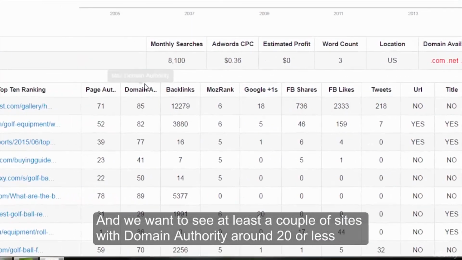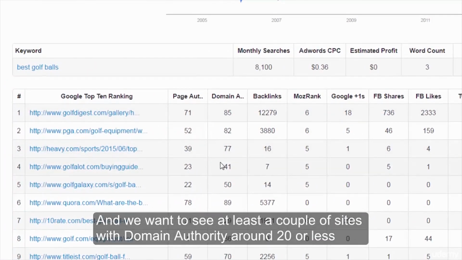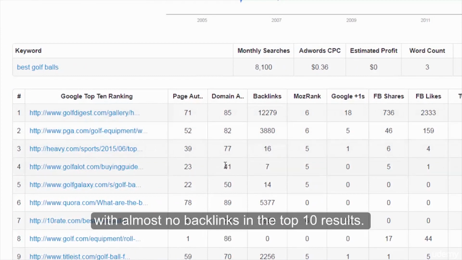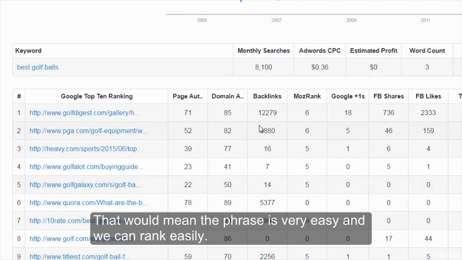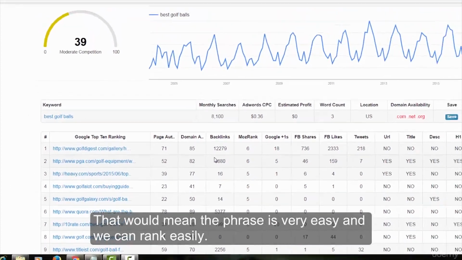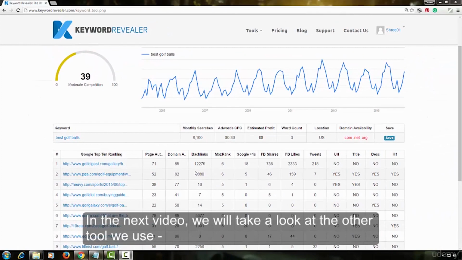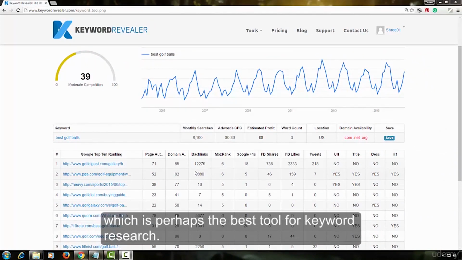And we want to see at least a couple of sites with domain authority around 20 or less with almost no backlinks in the top 10. That would mean the phrase is very easy and we can rank easily. In the next video, we will take a look at the other tool we use, which is perhaps the best